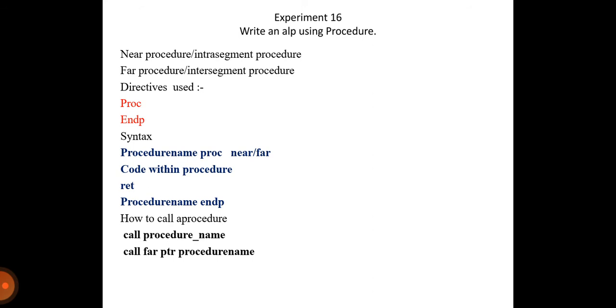We know that stack operations are performed by two operations, push and pop. For storing purposes we will use the push operation. So the stack pointer, that is the top of the stack, will get decremented by 2. Initially, if the stack pointer is at location 0, it will get decremented by 2 by the push operation, which is performed automatically, and the current value of IP will be stored in the stack memory.